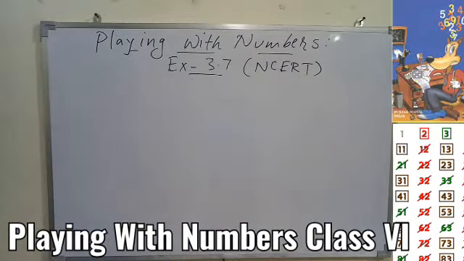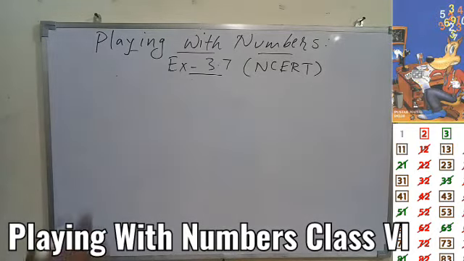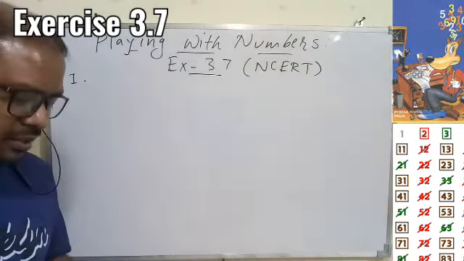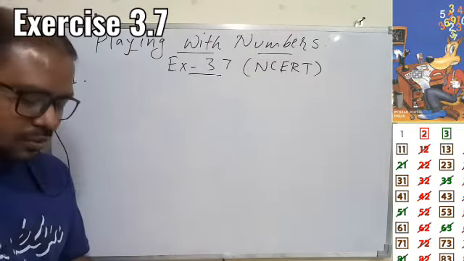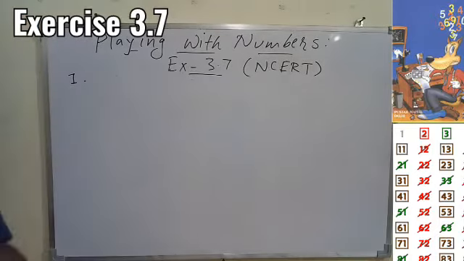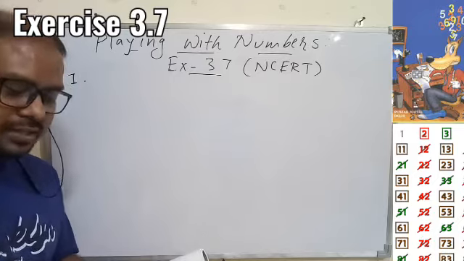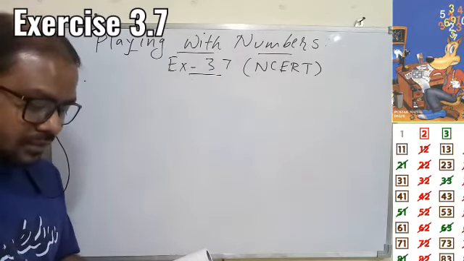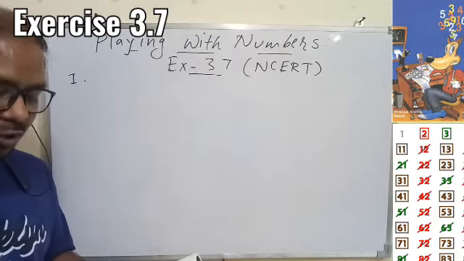So overall we are doing today exercise 3.7 from the NCERT book, and the very first question says, I'm just reading the question and you can see it from the book also, but I'll make you understand the question and then we'll do the answer. It says that Renu purchases 2 bags of fertilizer of weights 75 kg and 69 kg. Find the maximum value of weight which can measure the weight of the fertilizer an exact number of times.